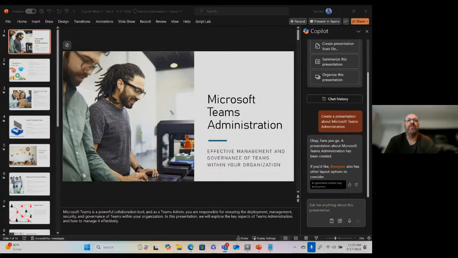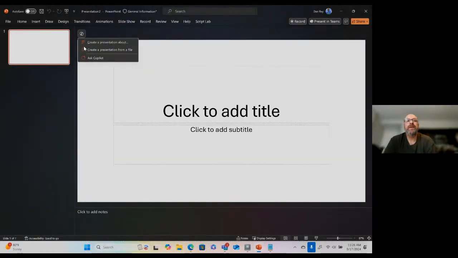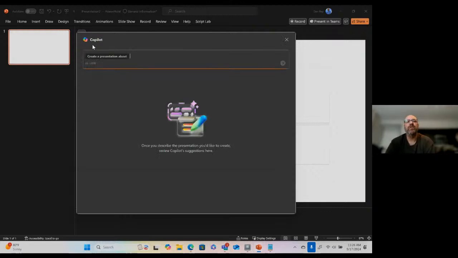to take a look at something that we can do through Microsoft PowerPoint that was released yesterday. So if I am tasked with coming up with a PowerPoint and I know what I want my presentation to be about, next week, for instance, I have a Microsoft Teams course. So create a presentation about Microsoft Teams virtual meetings with custom streaming, what I'm doing today.